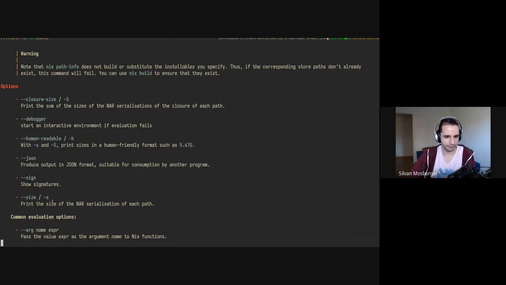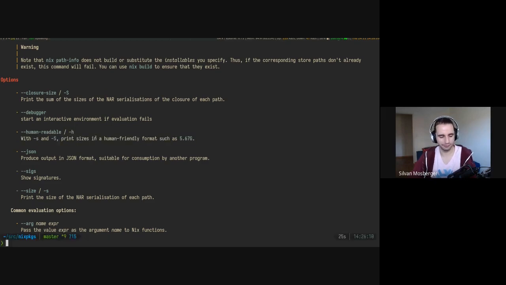We can use big S. Oh, here, closure size. Yeah, so this is the most interesting thing, I believe, here. And then we also have the -h flag for human-readable output instead of bytes, which is much easier to read. So we can do path-info -sh, or if we spell them out, closure size and human readable,